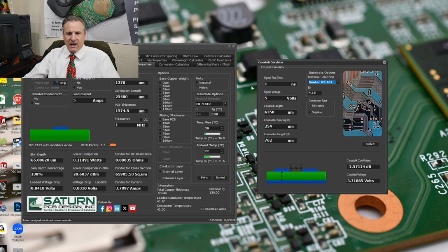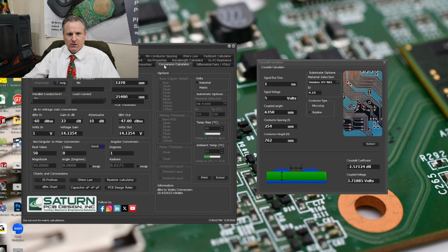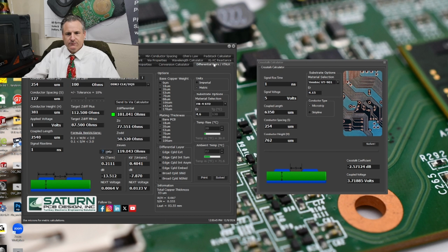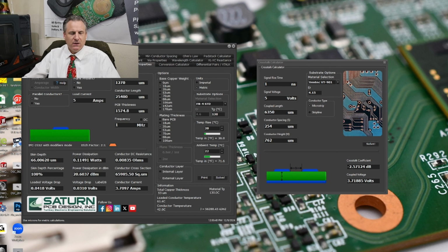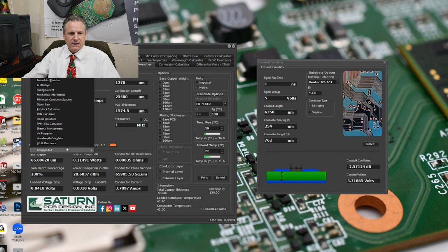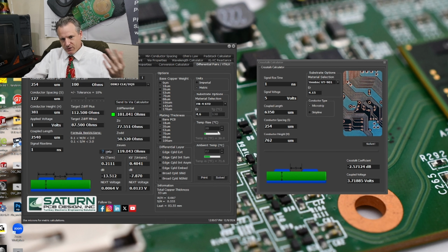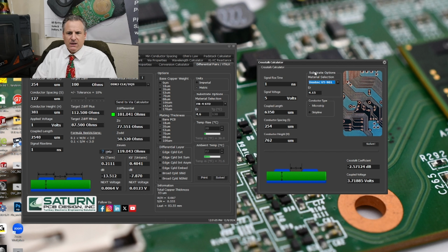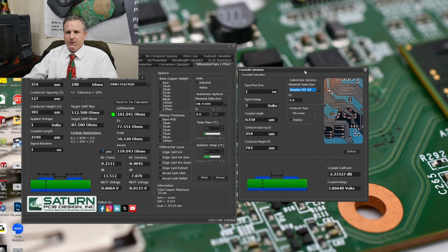I had originally not had this in here, and I had the main window material selection used in the calculation, but it became a little too difficult because not everything uses the material selection. So I said, well, I'll fix it so that when you open up the crosstalk calculator, it forces you over to the differential pairs calculator, which does have it. The differential pairs is a bit of an analogous tool to the crosstalk calculator, so I thought it made sense. And then I said, you know what, forget that, let's just put this in here. So now it is a standalone tool